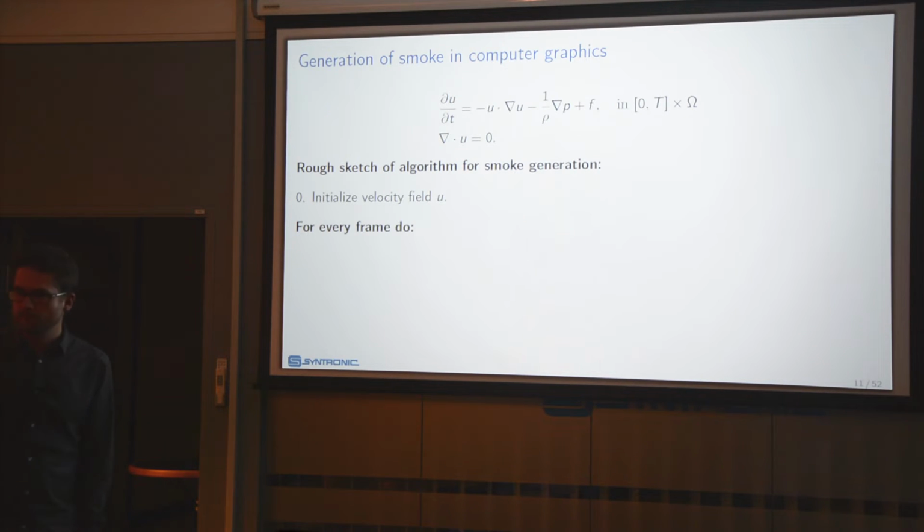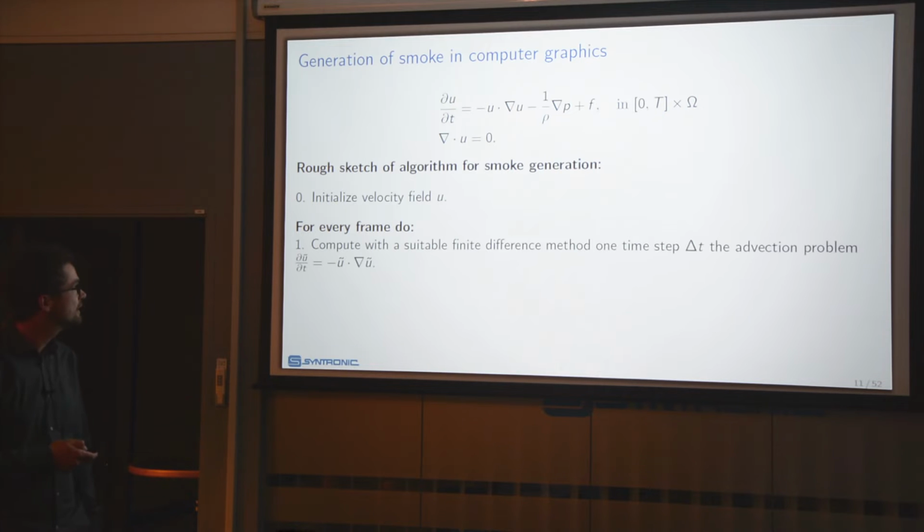And then for every frame in your animation, you do the following. You consider the equation without these two terms. This is an advection equation. That can be computed, and in the paper it is computed, with a suitable finite difference method. This is called a splitting scheme in numerical analysis. It says that you can do this first and then add the other terms. So you add the forces,